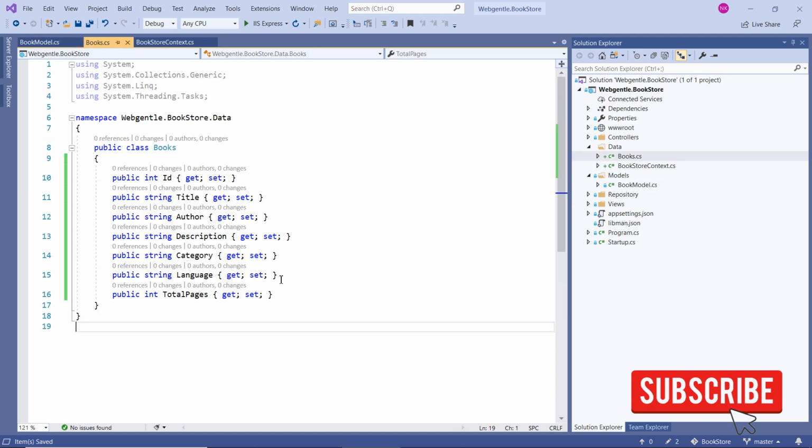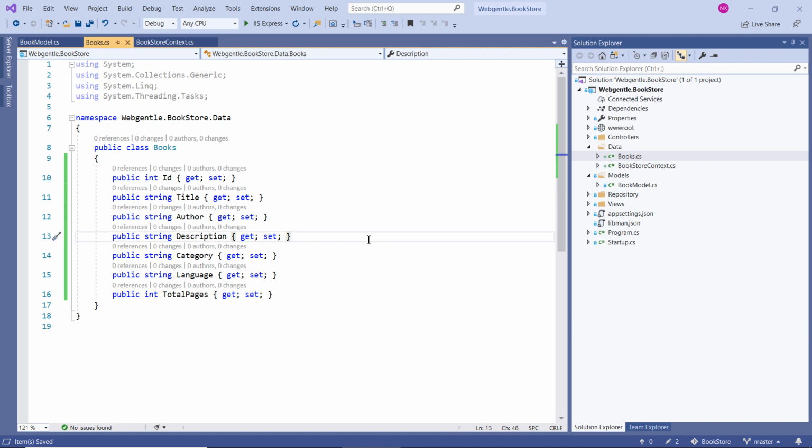At this time, you may be thinking: why are we creating a new class with the same properties, why are we not using the book model for the entities as well? The reason is that I want to keep the logic completely separate. Suppose in future there is a change in an entity class property, and since this property represents a column of our database table, if we are using the model class, then we have to update first the form in our view HTML, then the controller, then this layer, and then the database. This might be a problem. So I want to keep them completely separate. We will have all the models separate, and we will have entity classes separate.